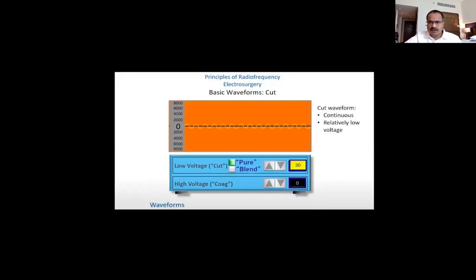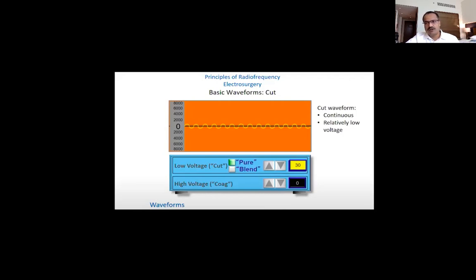So cut current is continuous low voltage current. Now I will take 1 minute to tell you there are two languages. One is the engineering language and one is the medical person understanding or interpreting it. The medical person interprets, imagining what is happening to the round ligament or the peritoneum, whether it is getting cut, or when a blood vessel is bleeding, whether it is going to be coagulated. So for us, cut and coagulate was tissues moving away or a vessel being sealed.